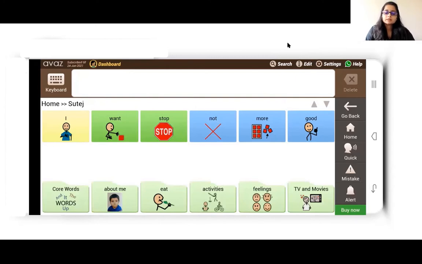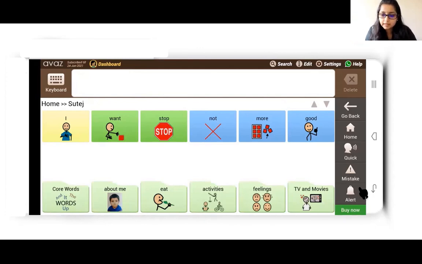Okay, so there is also another button on the right hand side menu bar where I'm pointing at. It's called the alert button. Suppose the caregiver, parent, or teacher, or any other communication partner is far away from the child or from the AAC user. Then the alert button allows them to call for attention.